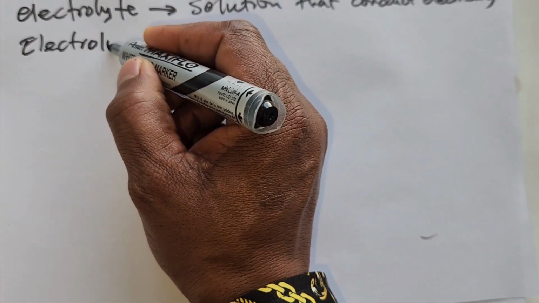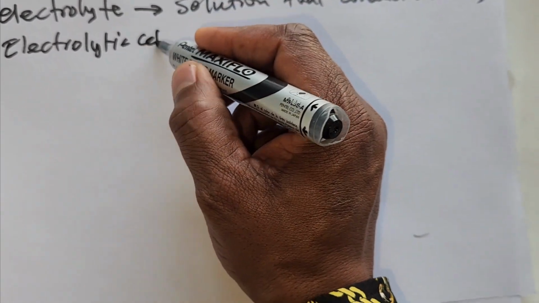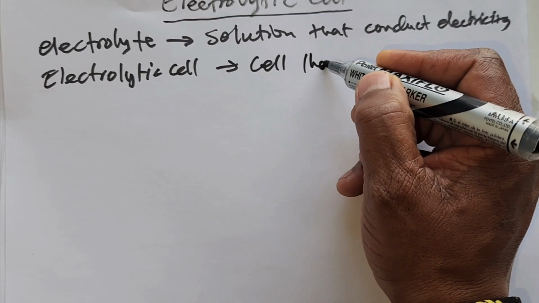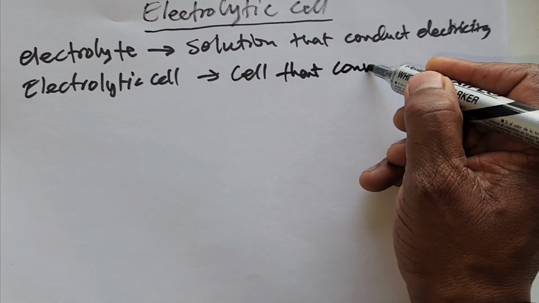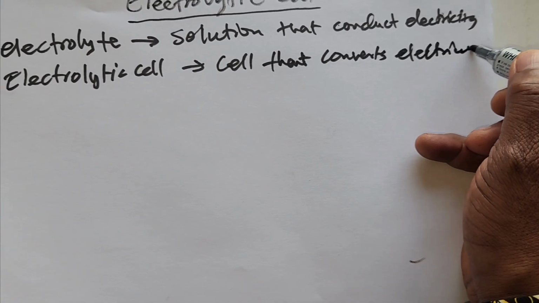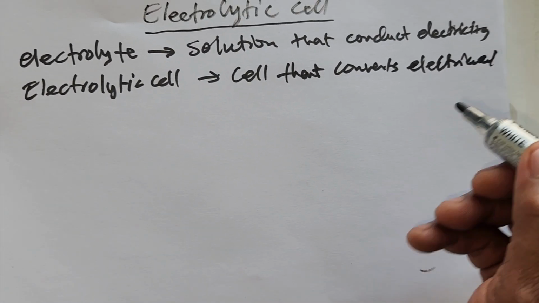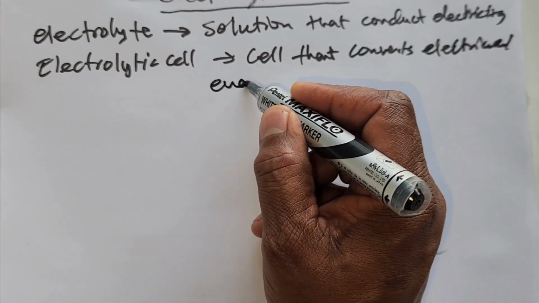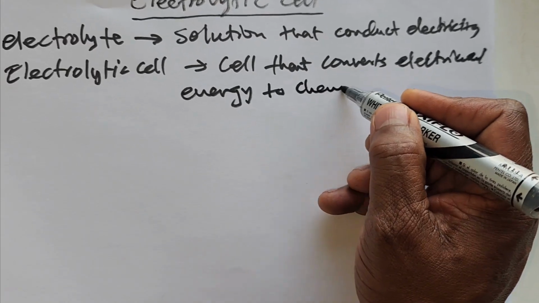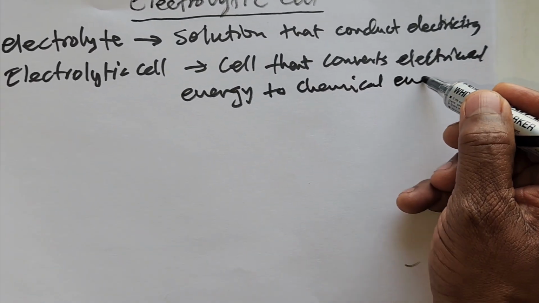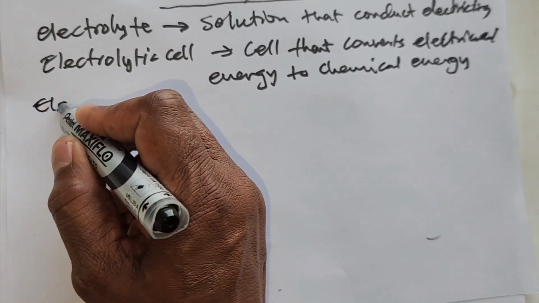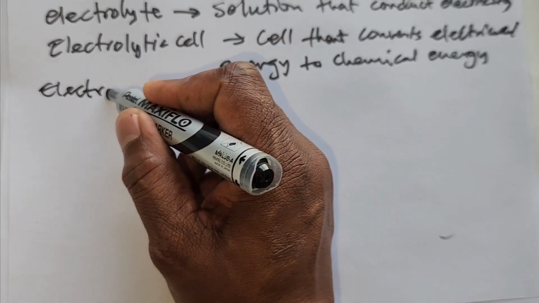Again, there will be another term, which is electrolytic cell. An electrolytic cell is a cell that converts electrical energy to chemical energy. They can ask you what an electrolytic cell is, or lastly they can ask you to define